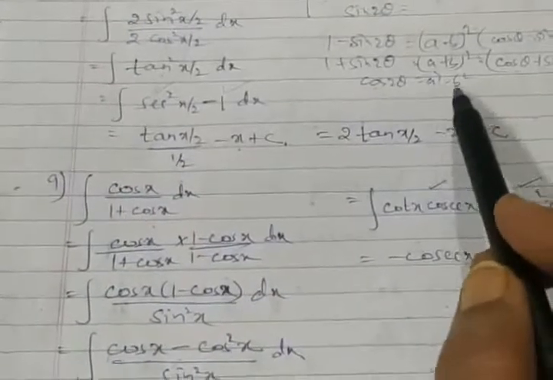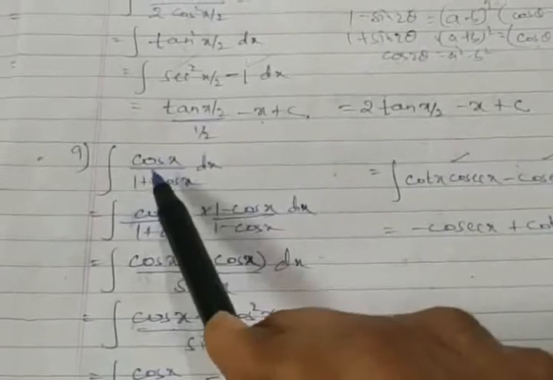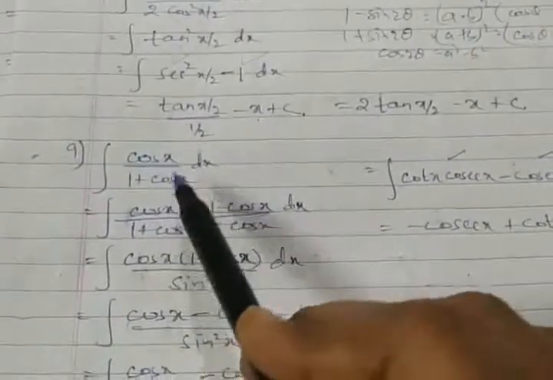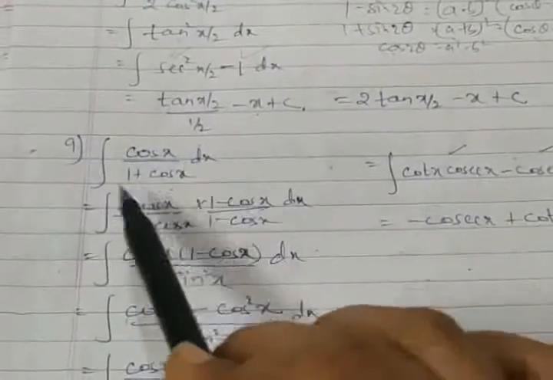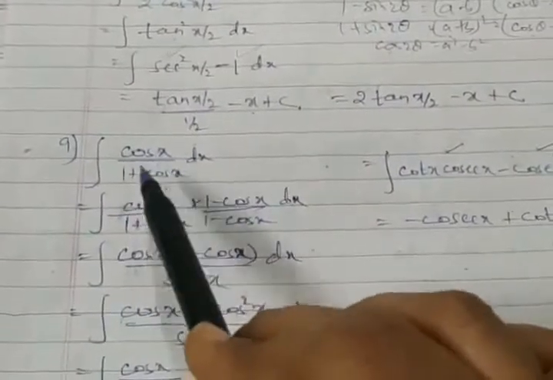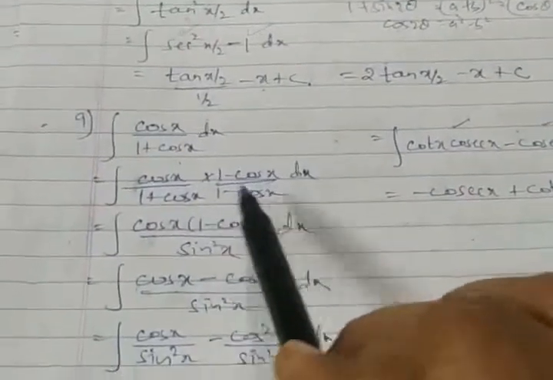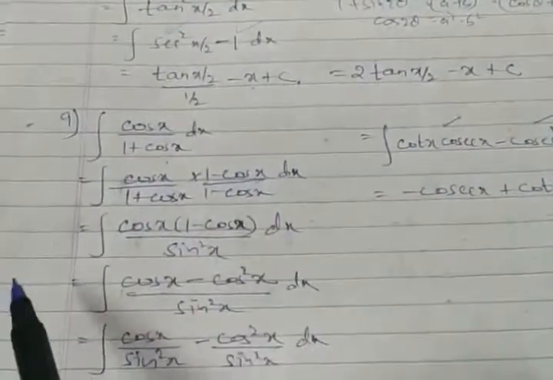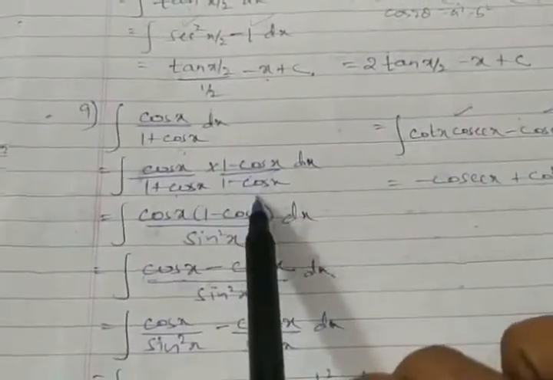a square minus b square. So the best option I find here in this question is this. Otherwise, if you are stuck over there, whenever we find the angles are the same, in this situation, set in your mind: multiply by 1 minus cos x and balance it by 1 minus cos x. The best method. So you can think about this. Multiply by 1 minus cos x and balance it by 1 plus cos x.